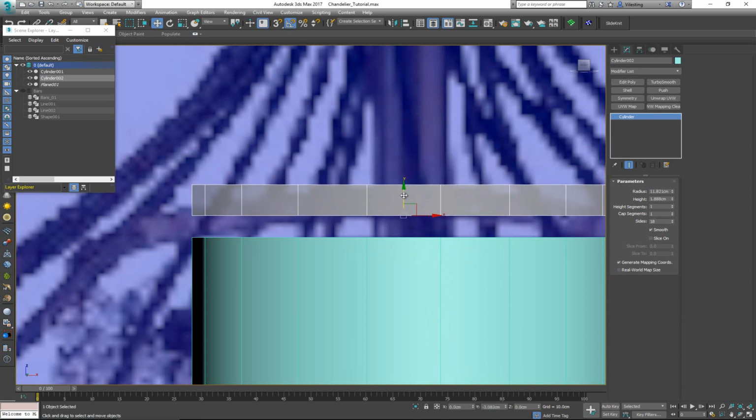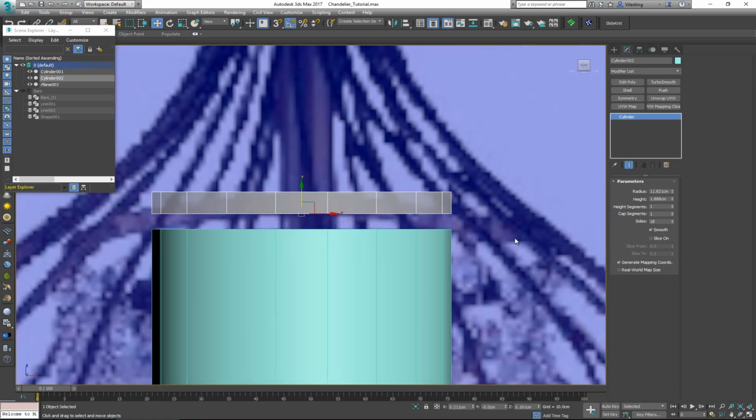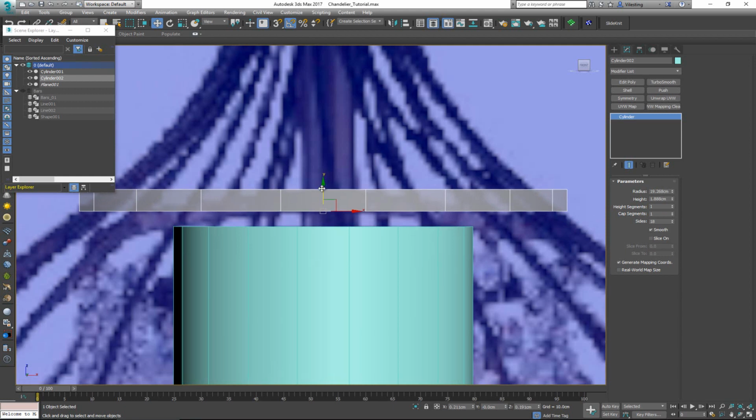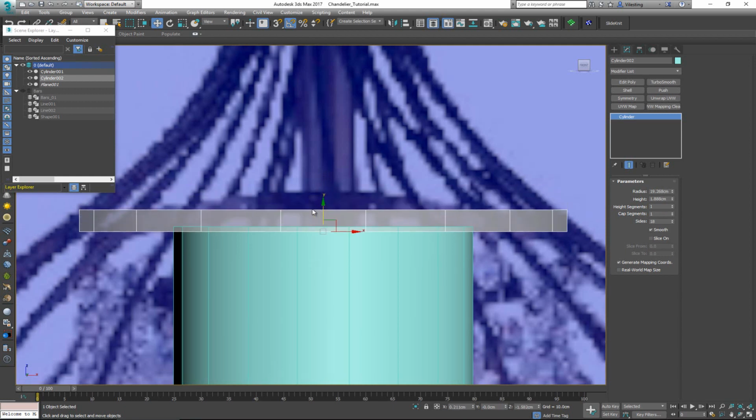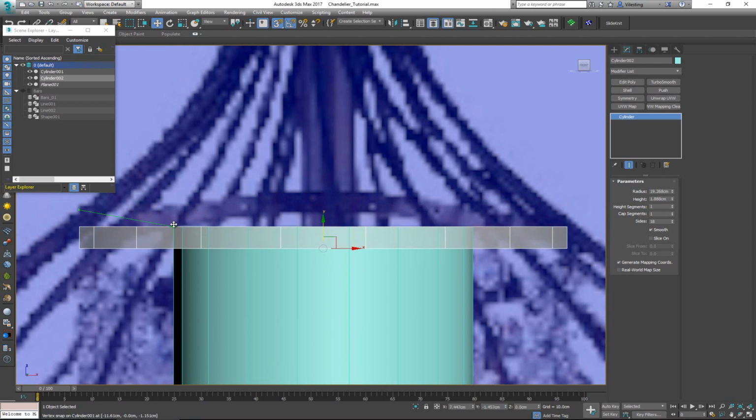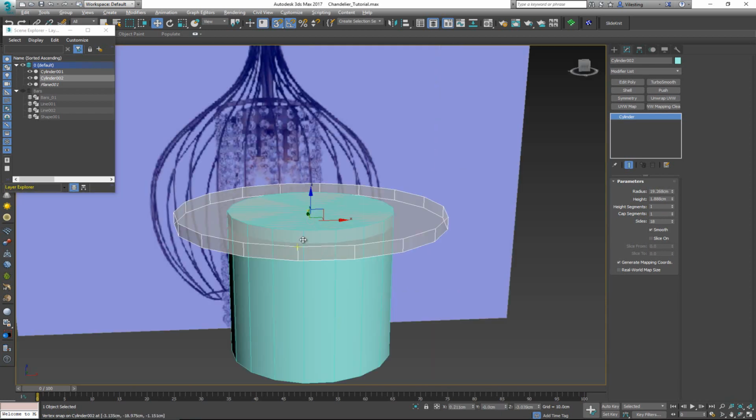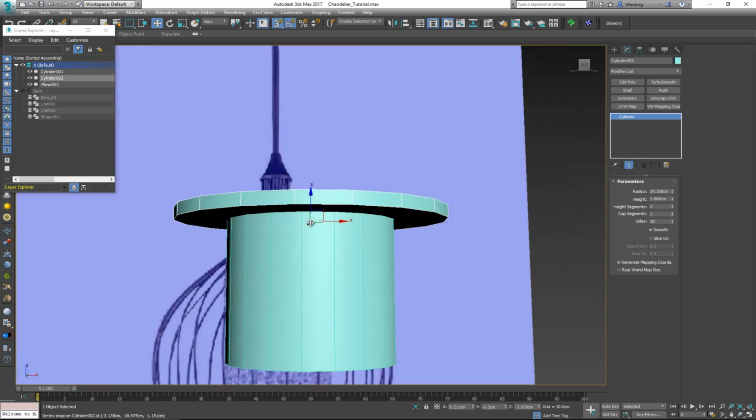So that is going to create it so it's the right size. And now with the radius, I'm going to increase it all up until here. I can see that this is where it ends. Now simply move it down on the Y. I'm going to actually snap it to here like that. There you go. And this is what we have. We have two